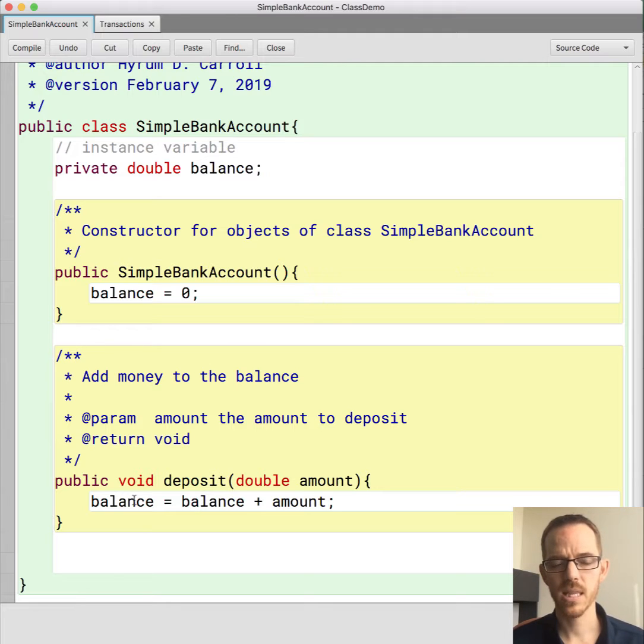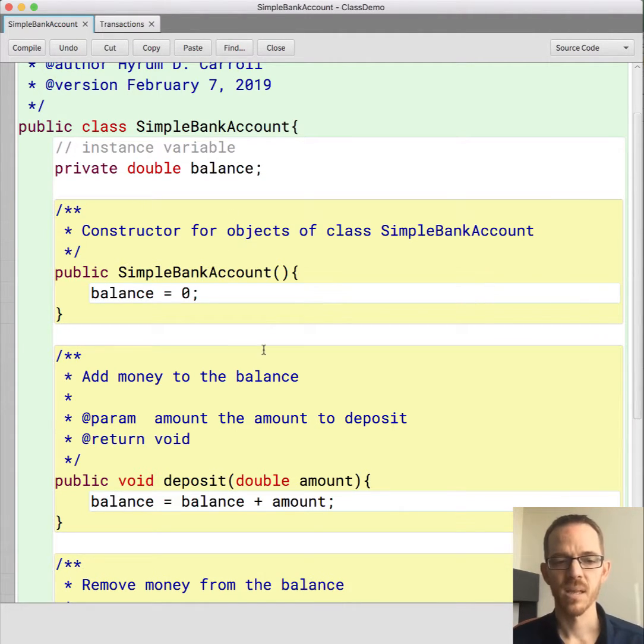And so we'll take this instance variable balance and we're going to increase it by the amount. So if we have multiple bank accounts, each one of them is going to have a balance, and you can think of each as its own copy of a deposit method which acts on its respective balance. So if we have 3 bank accounts, we have 3 different balances, and the deposit method will add it to the right balance.